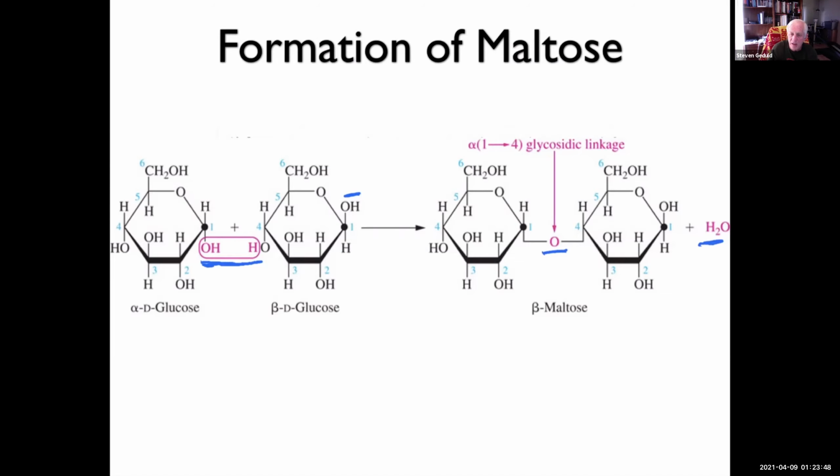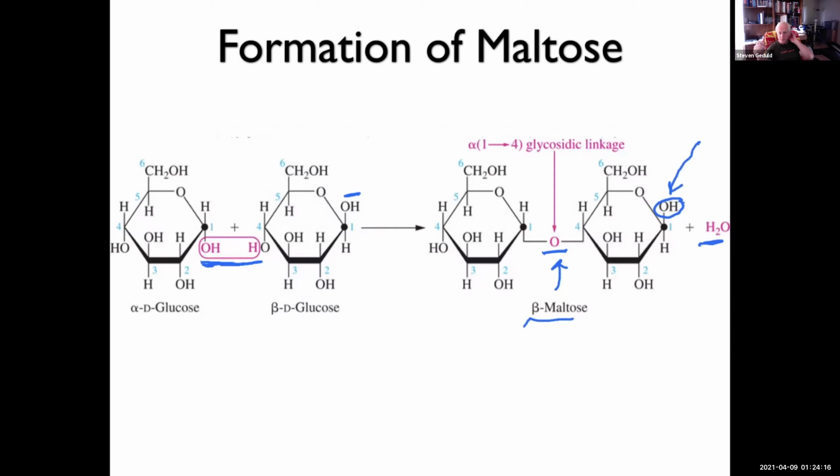And this is beta maltose. It's not beta because of this. It's beta because right here. Okay. So once that bond forms, the two D-glucose molecules come together, one alpha, one beta, it forms maltose. And this one is beta because the OH group is up at the number 1 carbon. Okay, that's the number 1 carbon over